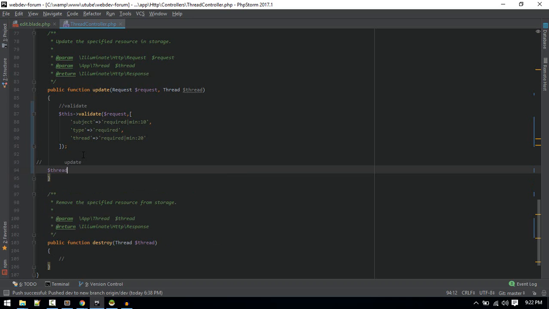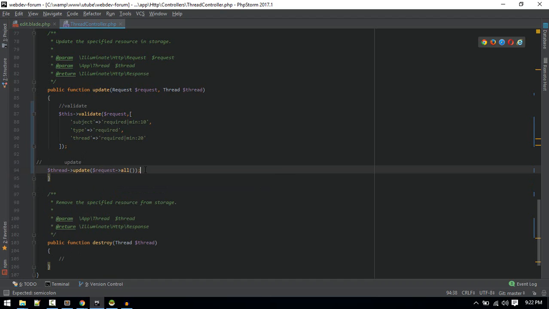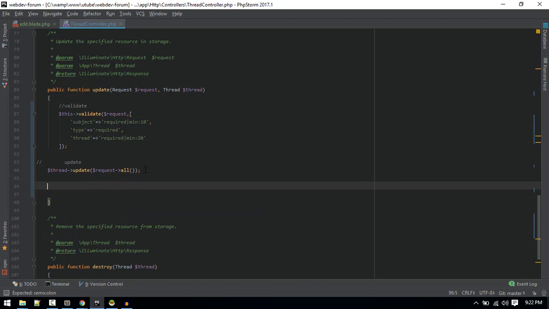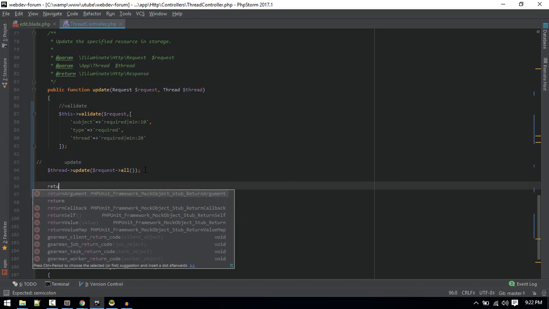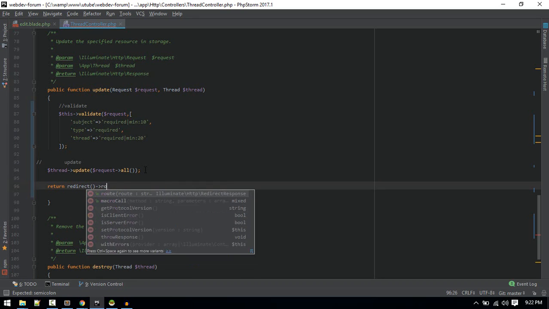So first we'll grab the thread and update it with our request. So after update, we need to redirect the user to a route named